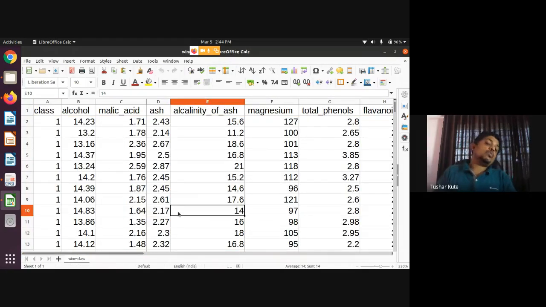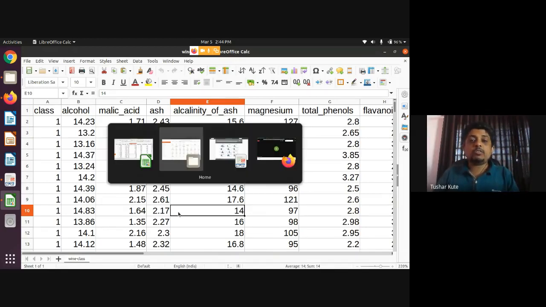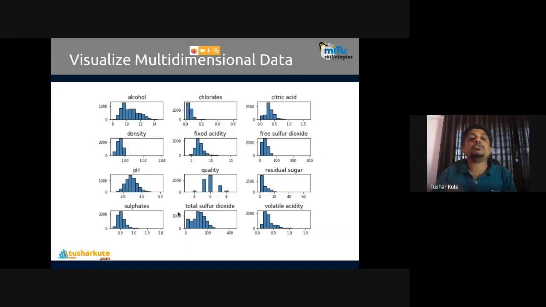Okay. And now, how many dimensions are there? Almost 12 different input dimensions are there for this data set, and the output variable is a class. And now if I want to visualize that, I can make use of such a method here, in a single plot. In a single plot, I have shown all of these entries together at a time.